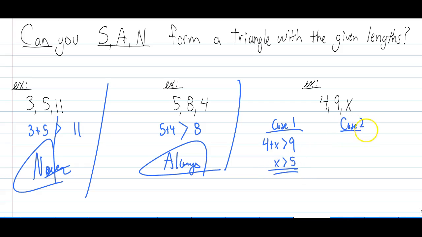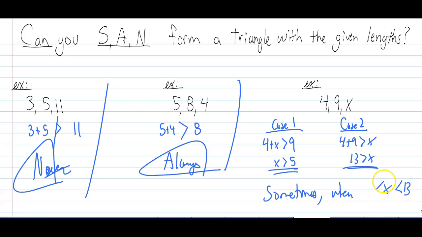The other case is, what if x is the largest side? Then 4 plus 9 would have to be greater than x, or 13 is greater than x. Now we have to interpret these results. Our answer is going to be, sometimes we can form a triangle when x is less than 13 but greater